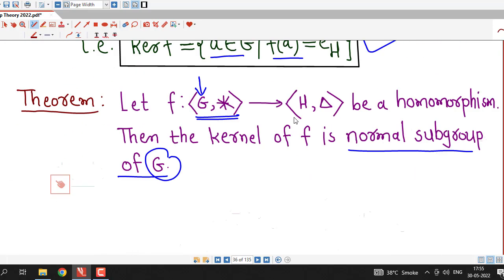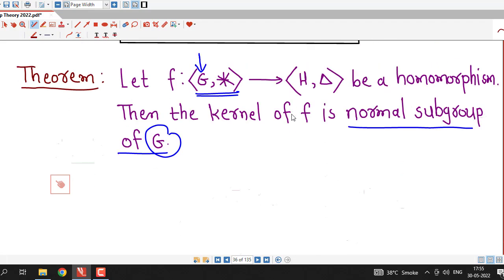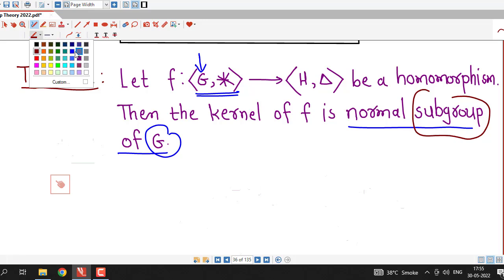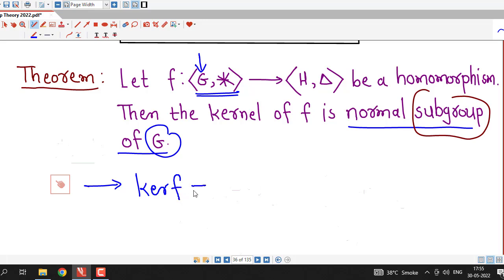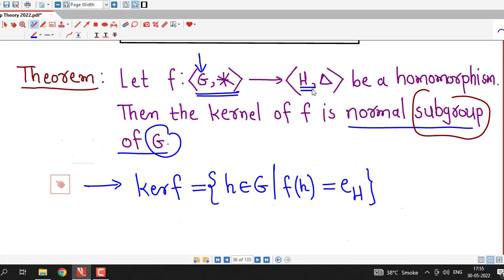So we start by taking any two elements in kernel of F. First we prove that kernel of F is a subgroup of G. So for that, first we write the definition of kernel of F that we will require. Kernel of F is, suppose we consider h for the notation of element of kernel of F, then we consider h belongs to G such that F of h has image equal to identity of group H.